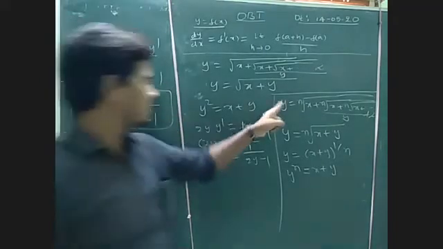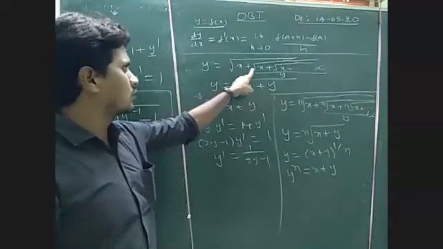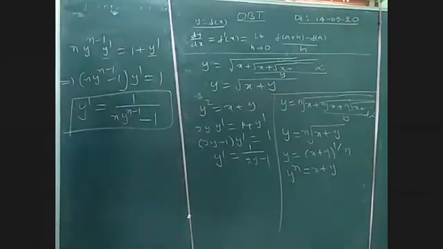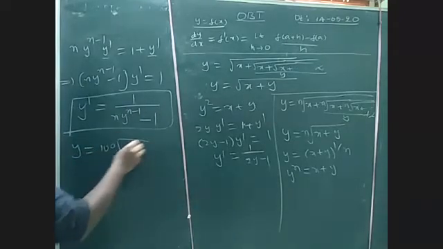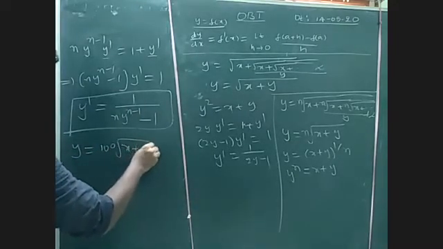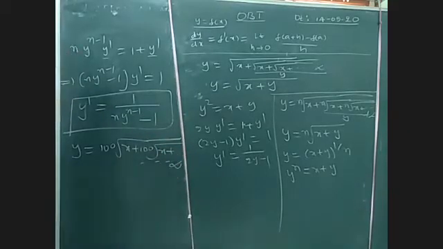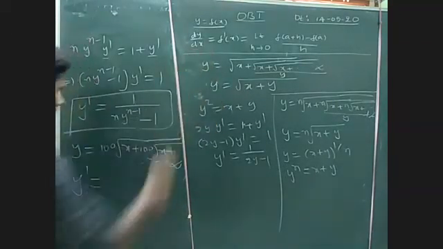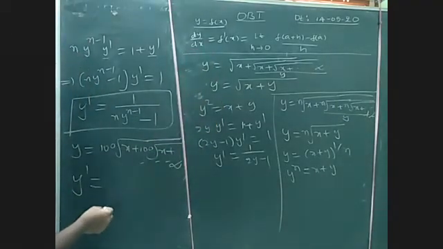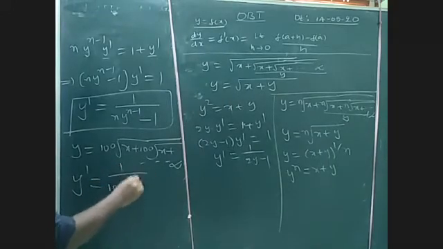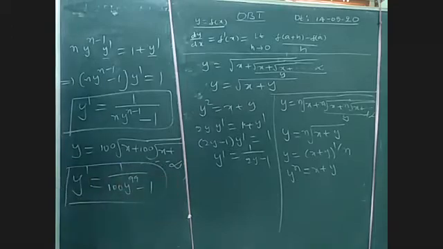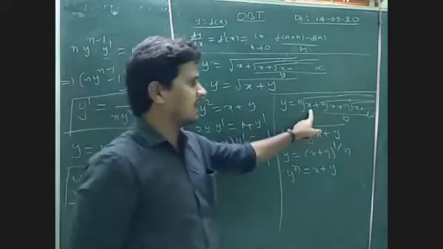If n is 2, substitute the n value as 2. If I have y is equal to, say the question is, 100th root of x plus 100th root of x plus, like that up to infinite terms we have. What is the answer here? The y dash value, y dash means dy by dx. The dy by dx value is clearly 1 by (100 y to the power of 99 minus 1). This is the answer.